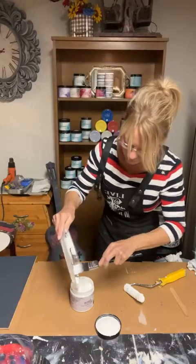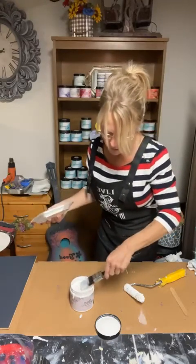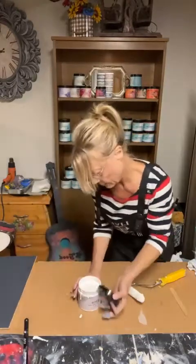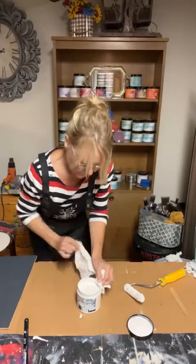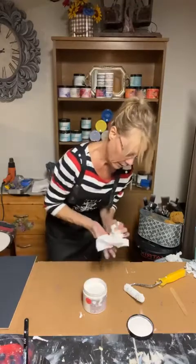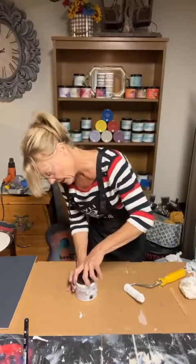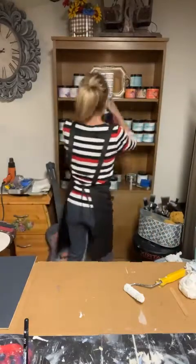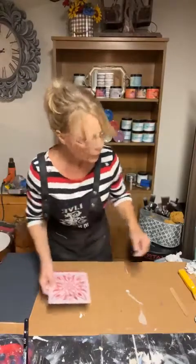All right, we're going to tap that. Now normally I just paint out of the jars because they are designed that way, nice and easy with a nice wide mouth. But with the rolling, you can't. So again, I always take this around my edges, especially if I've poured. It just helps to keep the paint from gluing the lid on. But if it does come off, all I do is give it a good tap on the tabletop, on the lid, just like you're opening a jar. You know, when the jars are new, you kind of tap it. But there we go. Okay, we like that. Okay, now I want to show you. Okay, so now